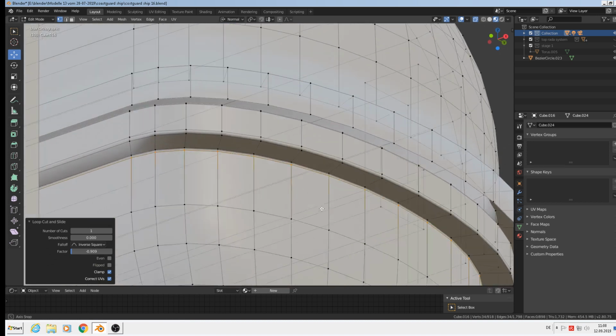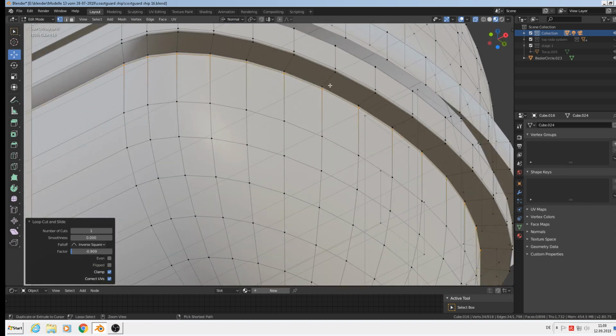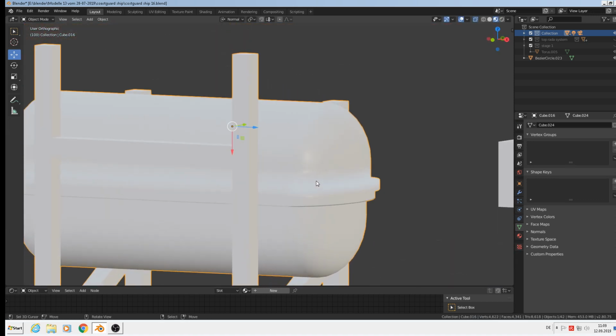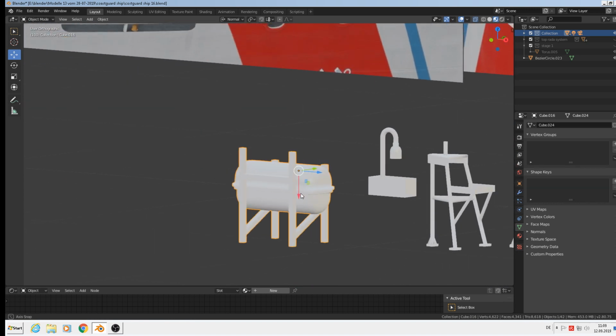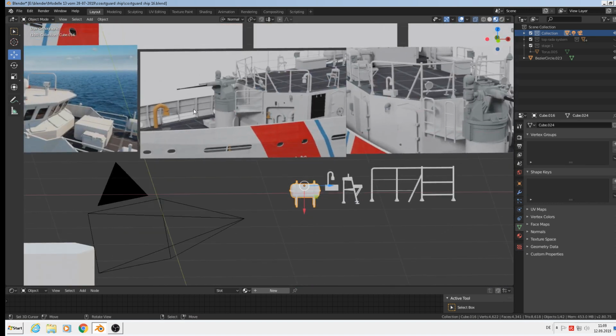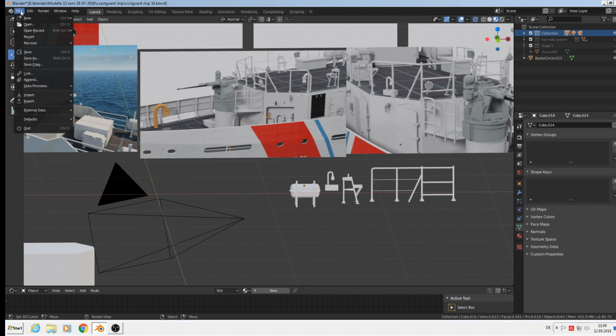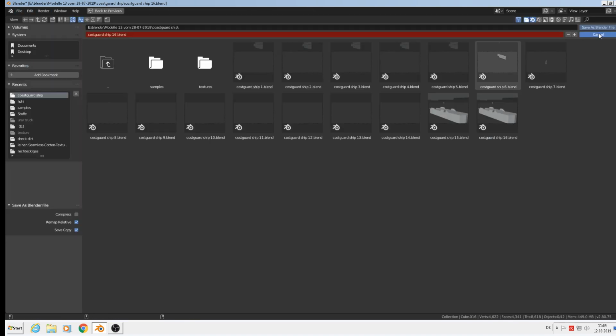And last and least, one down there and one down there. So nice and clean. Done. Good. Alt A, disable all, file save